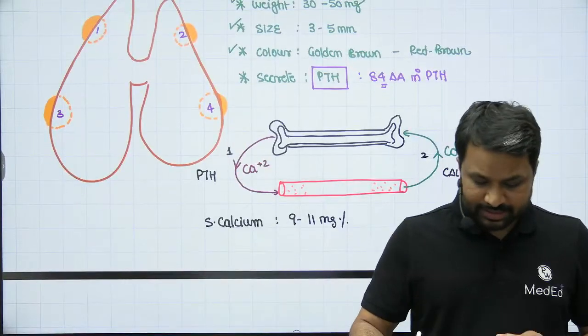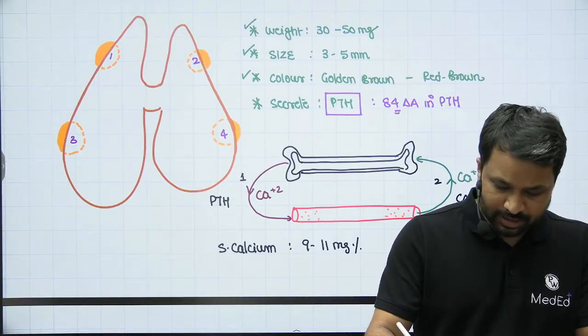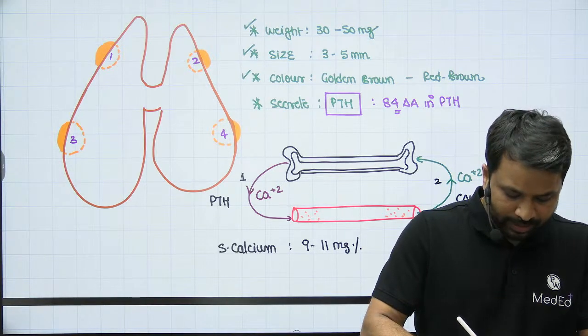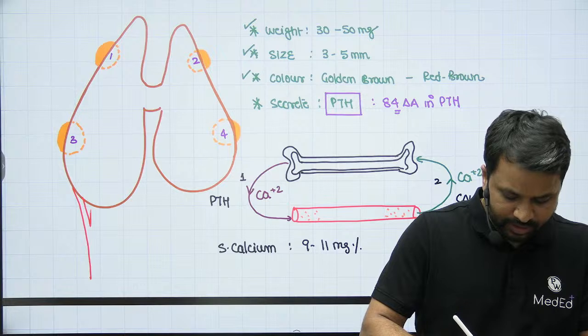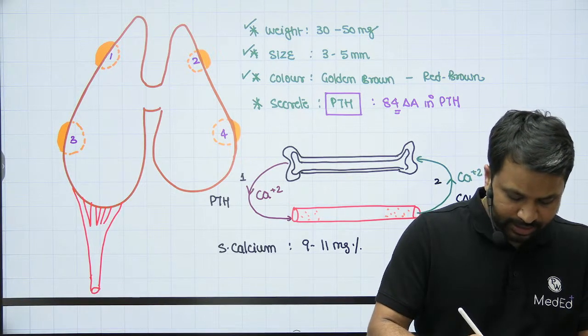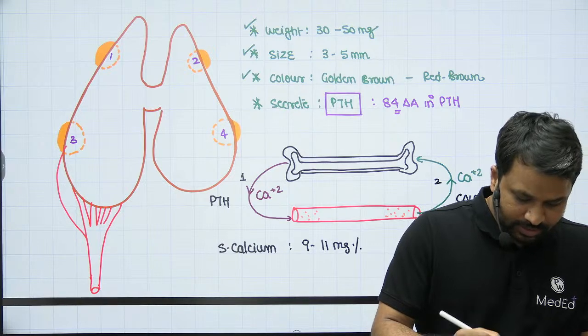Now, another interesting thing about the parathyroid gland is its blood supply. When you look at the blood supply of the parathyroid gland, it usually comes from the inferior thyroid artery. You take this as a representation of the inferior thyroid artery, you see 80% of the times,